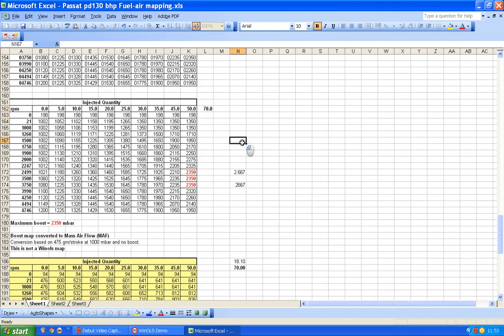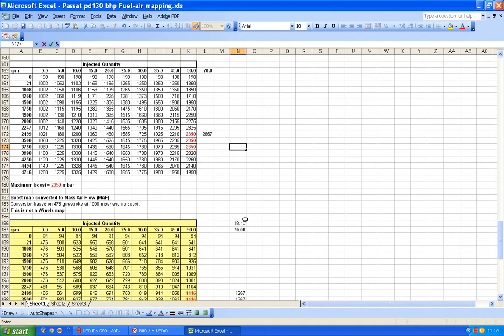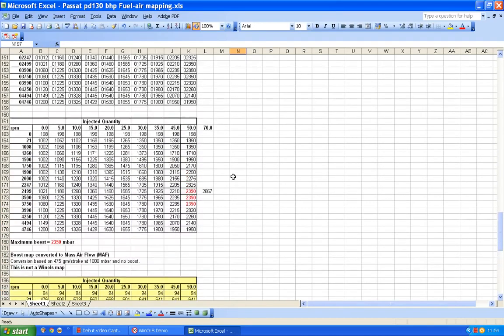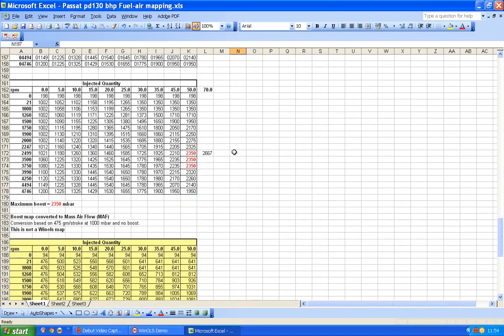So I'll just get rid of that. And we want it here to read 2667 or thereabouts. So I'll just get rid of these things that are cluttering up the place, and I'll go around and get rid of these as well so that we're not left wondering what on earth all this other stuff is, having looked at it. So we're going to want a column here, and here we are going to want